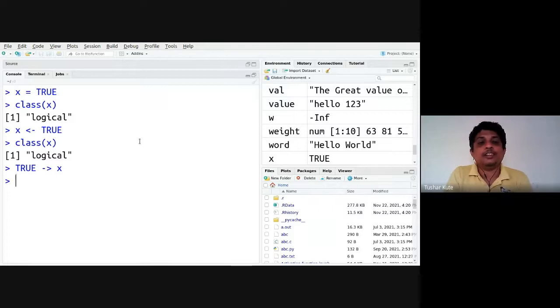That's also fine. We can use any one of these. But generally, if you have a practice of using the equal sign, you can use it. In general, the standard method used in R is the left arrow to store the data. Most books and most programs that you find on the net follow this particular method.